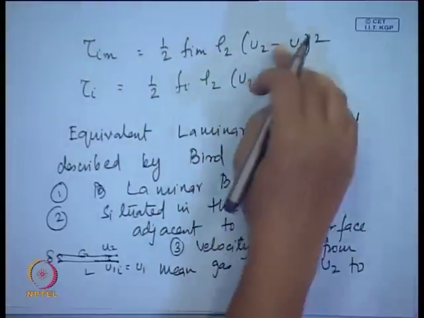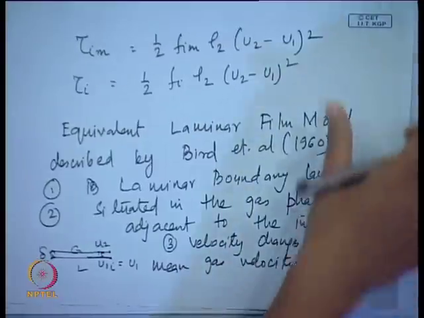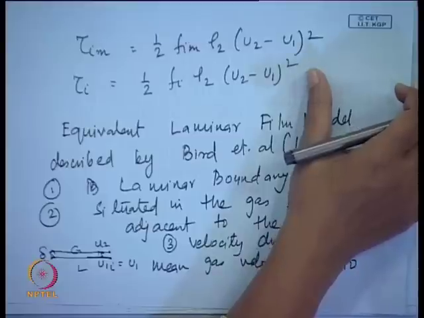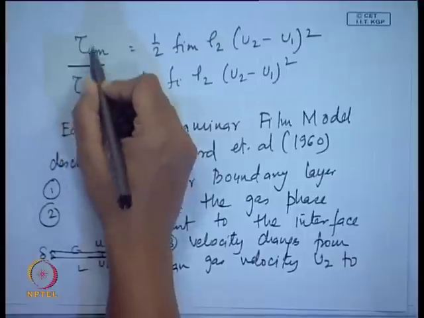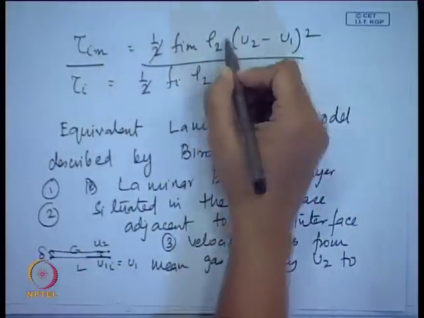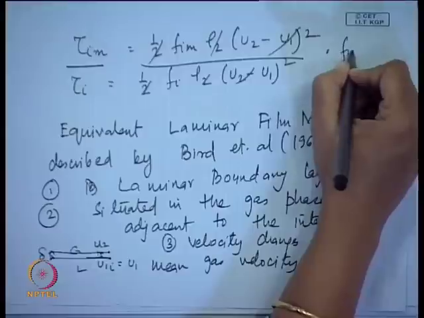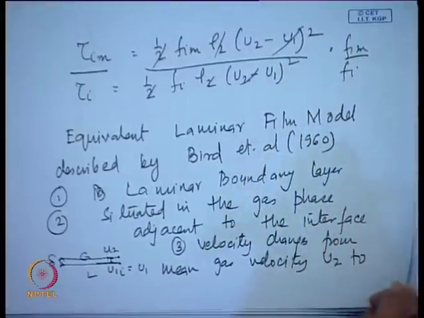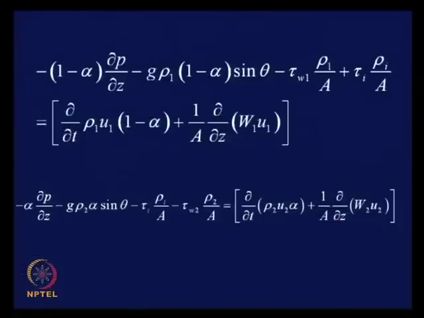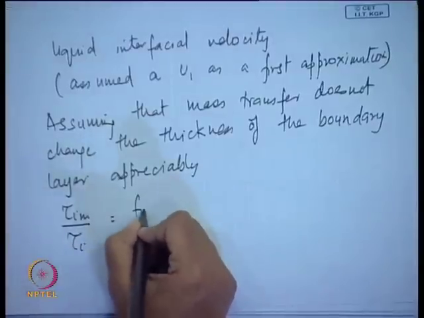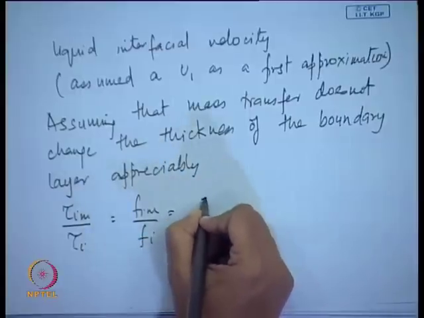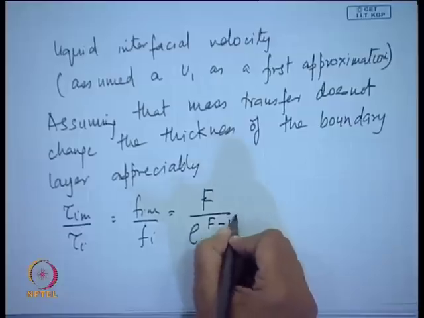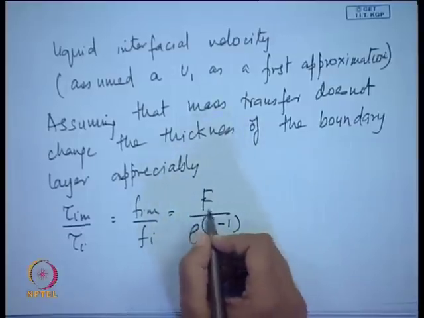Okay. So, on this particular basis, if we assume that the thickness of the boundary layer is not affected appreciably by the change of mass, then tau I m by tau I, what does it become? All these things cancel out and this becomes f I m by f I, right. And we know that from this supposition, tau I m by tau I equals f I m by f I, and this is nothing but equal to capital F by e to the power F minus 1, okay, where this particular F